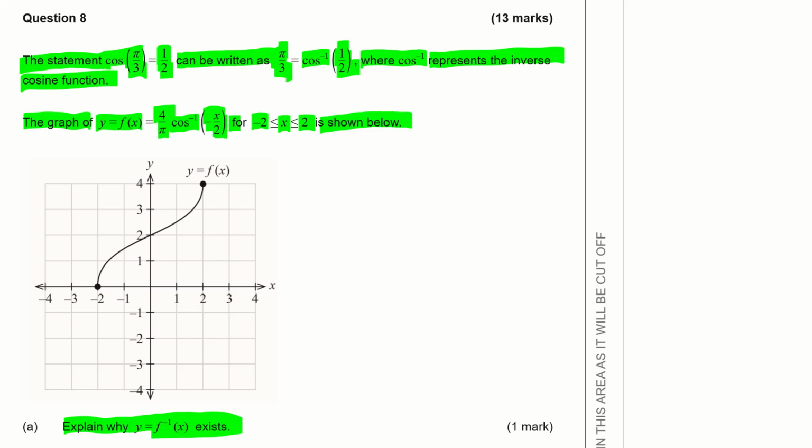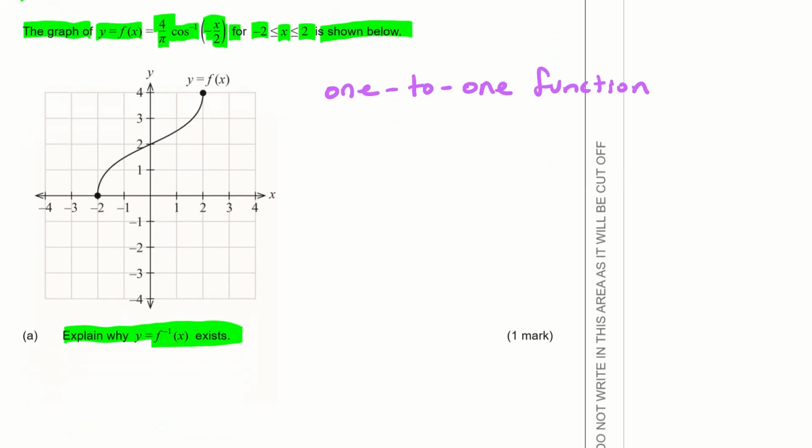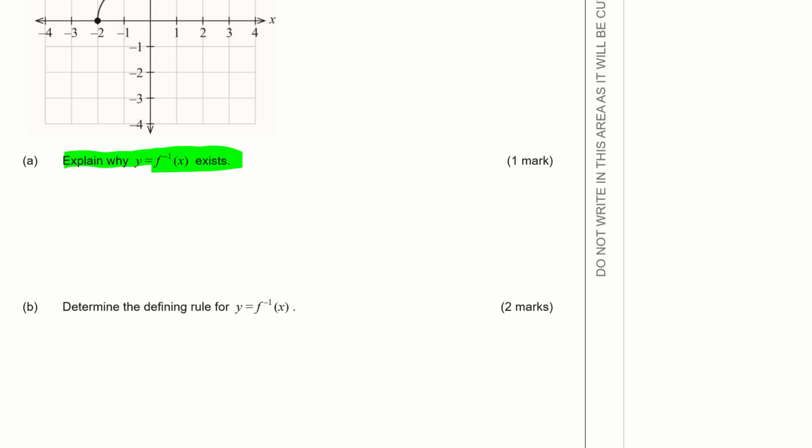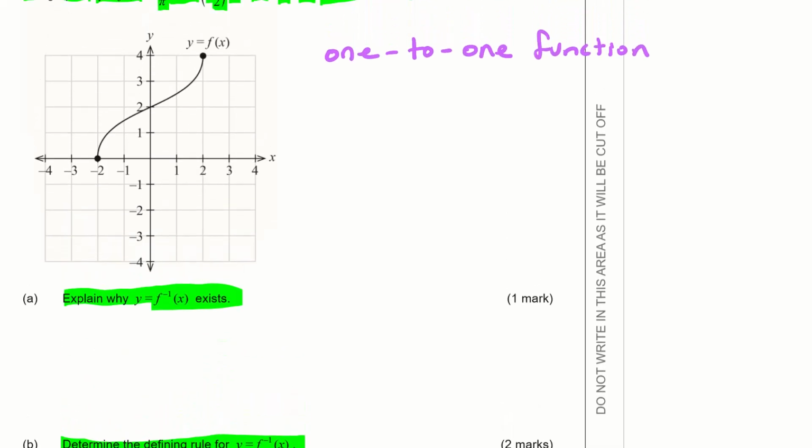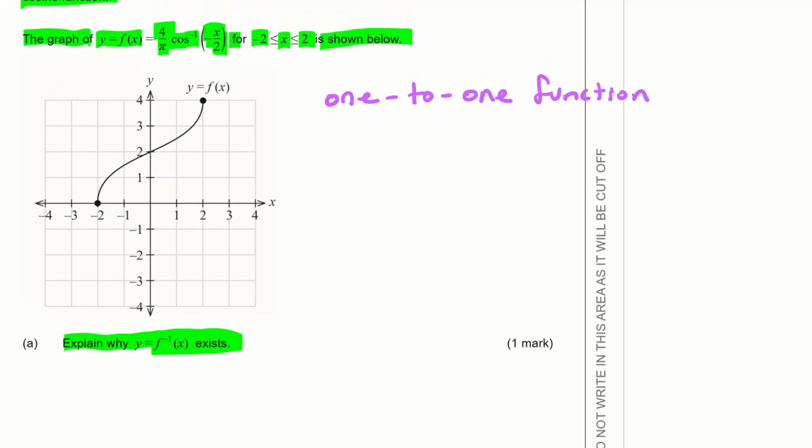And quite simply, that is because we can see that this is a 1-to-1 function. Determine the defining rule for the inverse function. So,